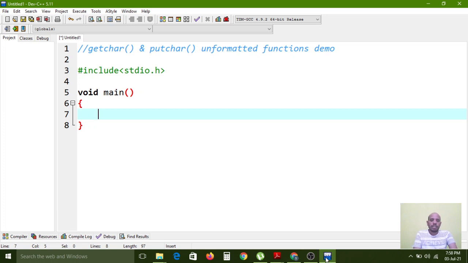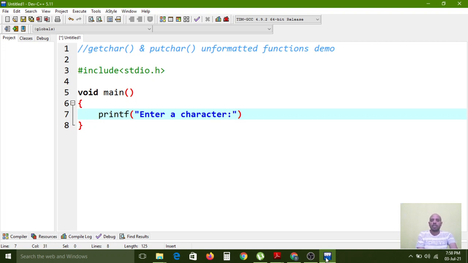First, as usual, I am using the formatted print function to print one message on the console: Enter a character.